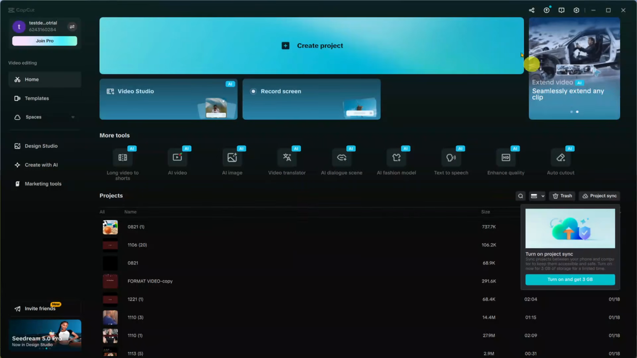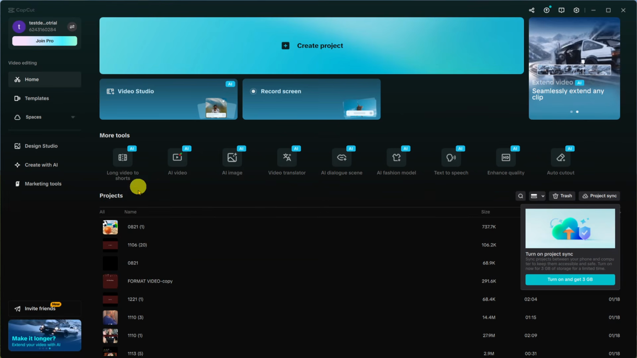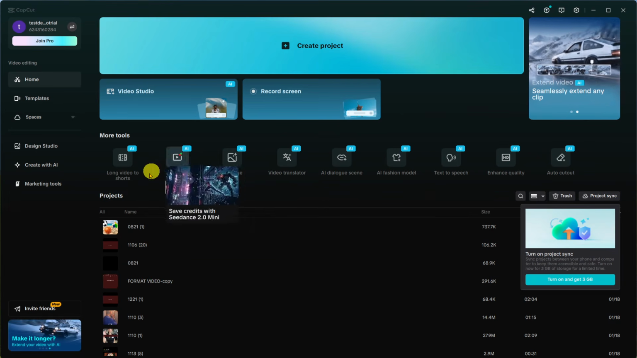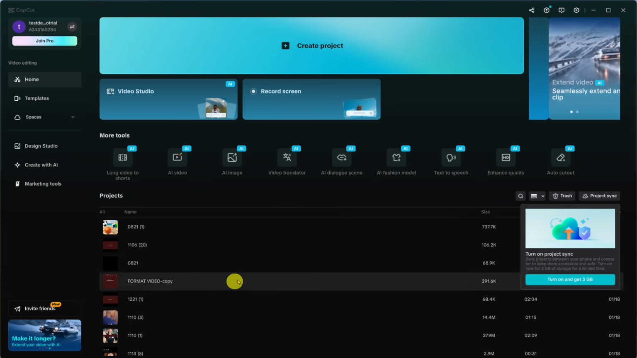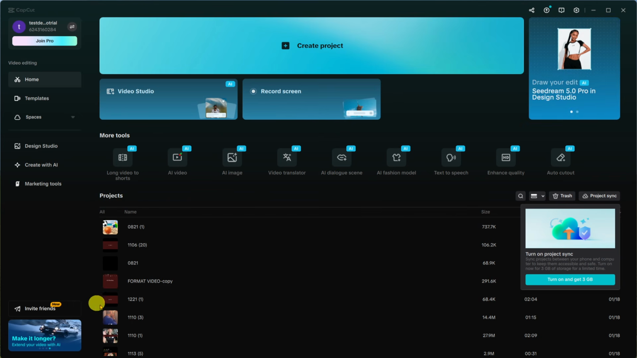Hello, today we will guide you through how to find CapCut ID. In this quick walkthrough, we'll show you exactly where to look inside the CapCut app so you can find your ID without any confusion. This is a simple process and it should only take a moment once you know where